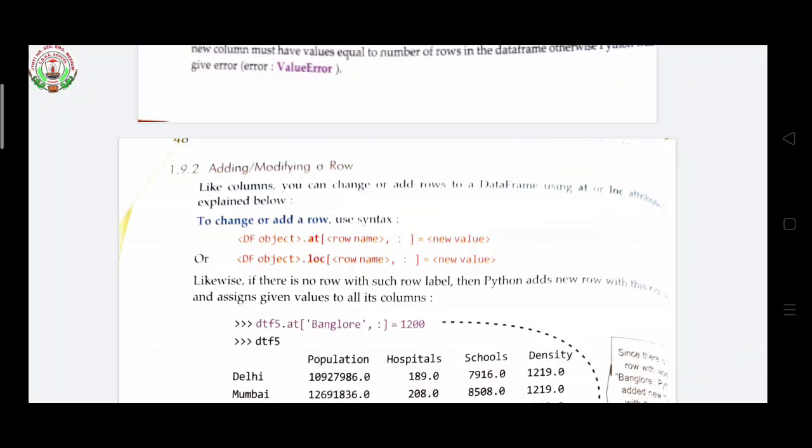Now to change or add a row, dfObject.at inside square bracket add row name comma colon equals to new value, or you can write dfObject.loc inside square bracket row name comma colon equals to new value.